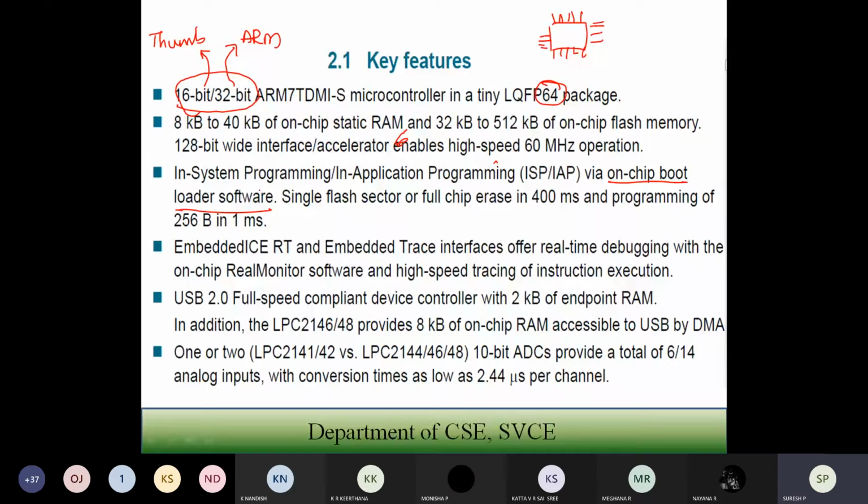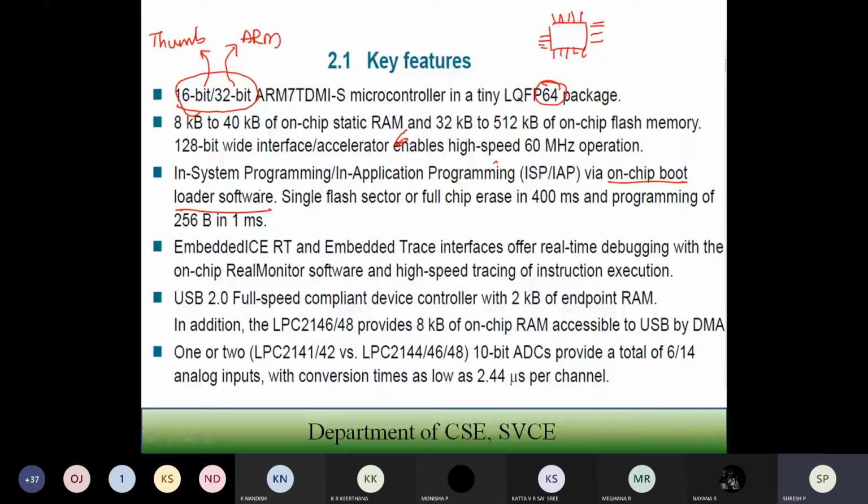Similarly, whenever an application is required, for example, I have the hardware and I have the microcontroller. If I embed that particular microcontroller with one application, the next question that comes to my mind is whether I am going to make use of the same microcontroller for another application or not. Yes, you can use it. The only thing you have to do is erase the program which has already been programmed into that particular microcontroller, so that you can observe when your lab starts. All these procedures you are going to do in your lab. Okay, so in the lab you are going to learn everything.